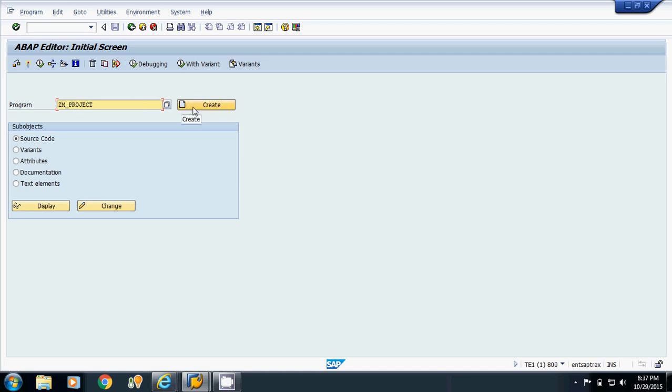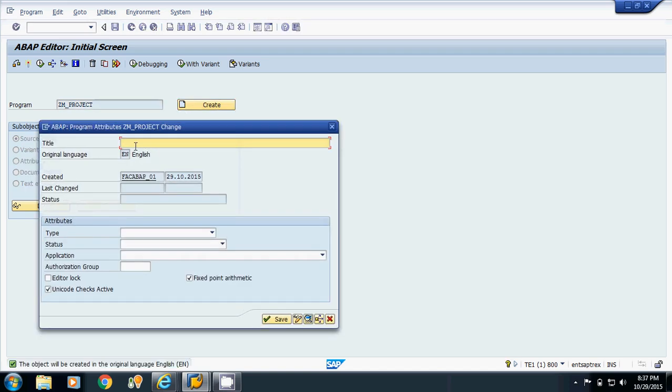Now I will click on the create button. Suppose the description is module pool for projects.